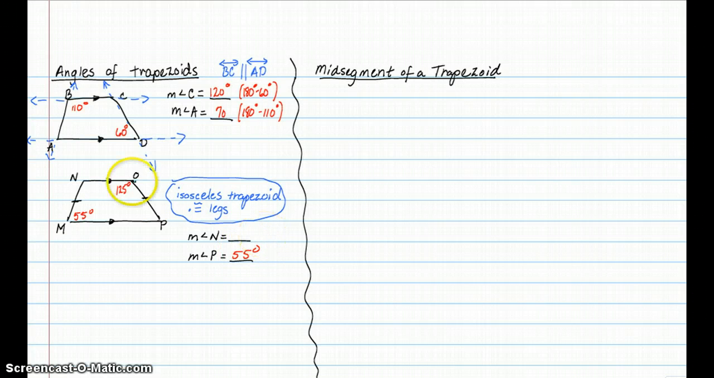And then the base angle for angle O at 125 degrees is N, so the measure of angle N is also 125 degrees. All right, now,